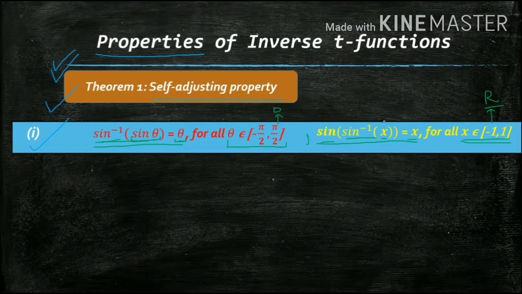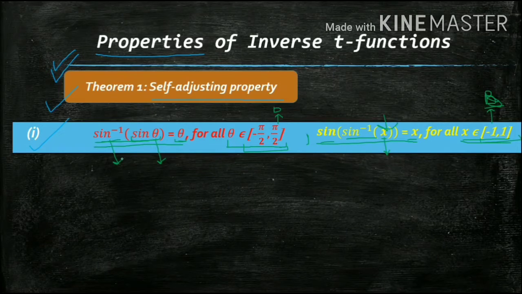Now here we are first computing sine inverse of x. So what would it be? It would be the domain, sorry, not the range, it would be the domain for inverse sine function, and that is this only, you know that, and then it would be x. But here you are first using sine of theta, that means the domain for sine function is nothing but this interval, and whose value is nothing but the domain for inverse sine function, which is theta.